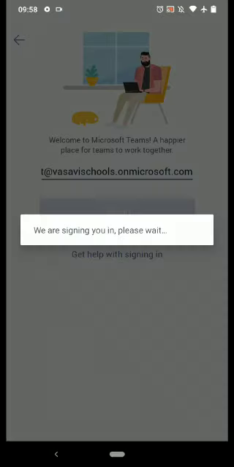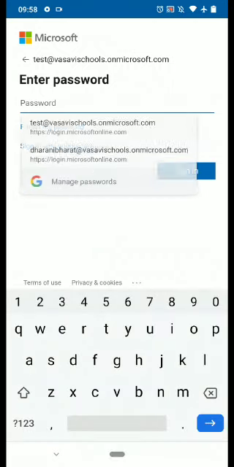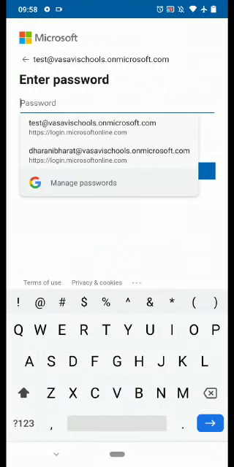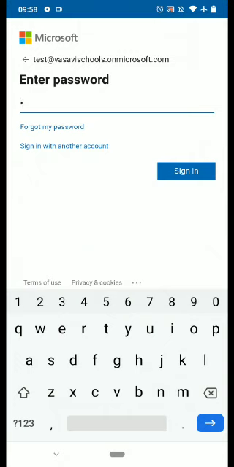Now it is asking for a password for the given username. Always remember, in your password which is given by school, the first letter is always capital. There are no spaces, it's a single text.